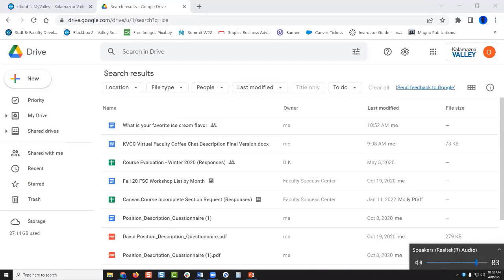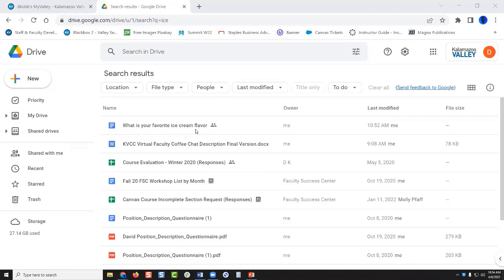If I have a document that I really don't want changed, would it be best to do it in PDF? If you're going to share with somebody, I want you to see it, but I really don't want you to change it at all. Is there any way to secure that? If you just leave their permission as viewer, then they can't do anything to it. All they can do is see it. Even if they download it?